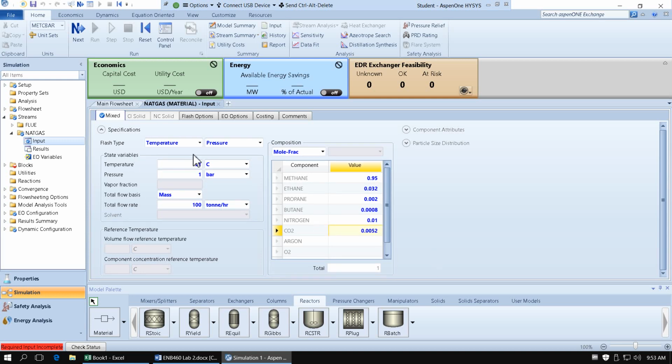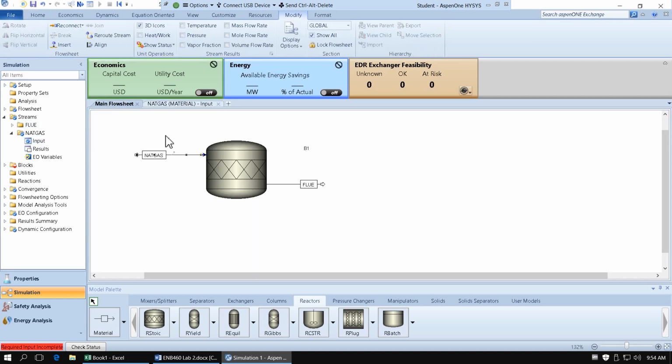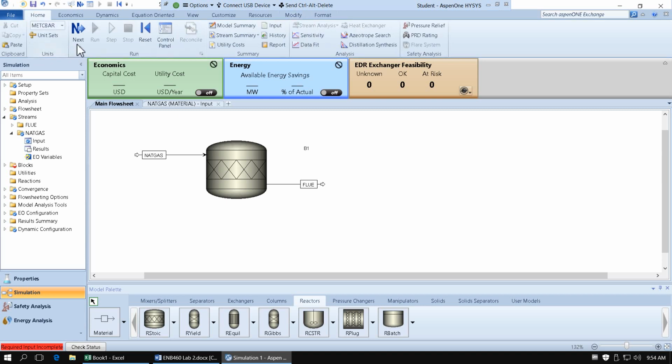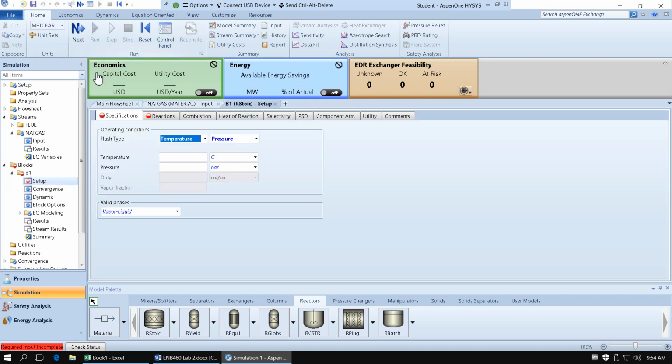And then, so that's already set up. You'll notice that flue here doesn't require any input because Aspen recognizes that it's an output stream. So what it will do is to calculate the properties and composition of your flue based on your setup of the incoming stream and the reactor, which is what's going to come next. So if we click next, it'll lead us to the RStoic